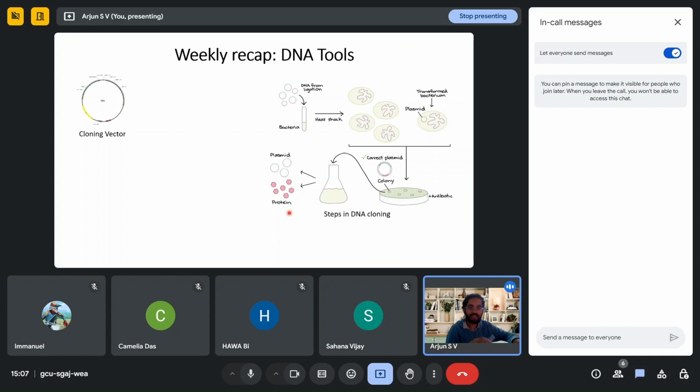And to confirm whether our product has been generated or not, we select the bacteria which has only the target DNA. So along with the target DNA, we'll also have specific sites for antibiotic resistance as well. So we plate these bacteria in agar, and then we add an antibiotic so that the cells which don't have resistance to this antibiotic will eventually die, and we can finally select the bacteria which has this antibiotic